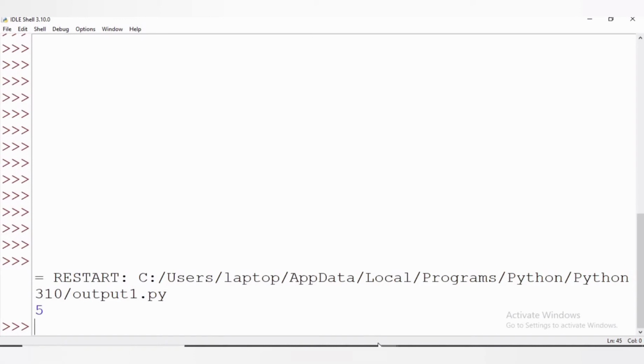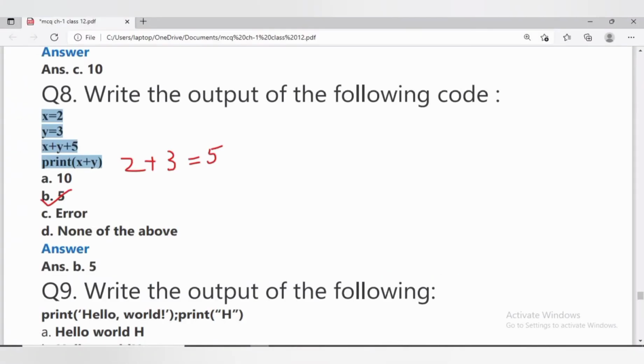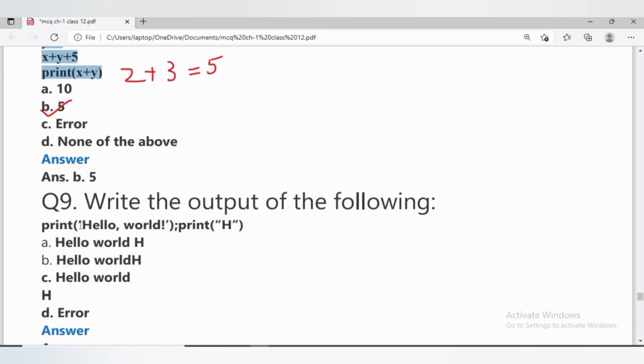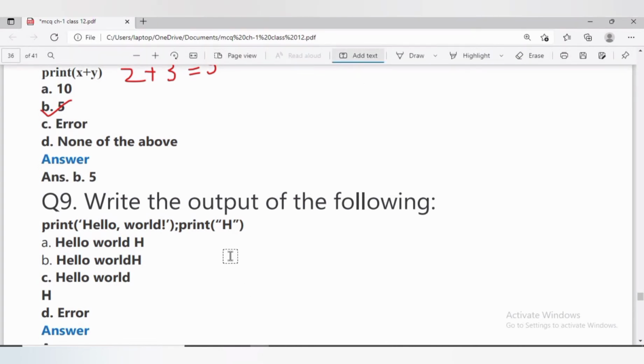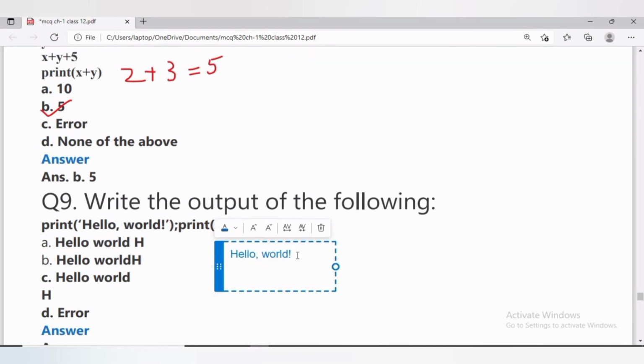In question number 9, write the output of the following. Print hello world. Then again we are printing h. It will be printing hello world and h in two different lines. The output will be hello world, then h.